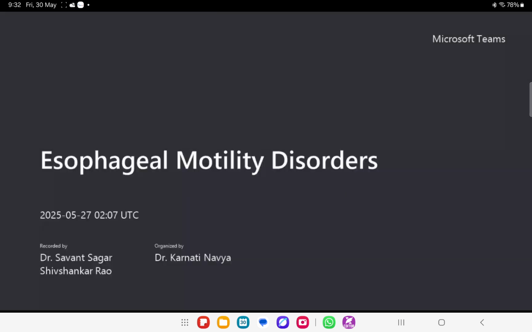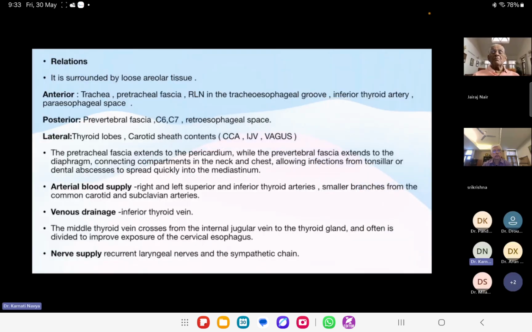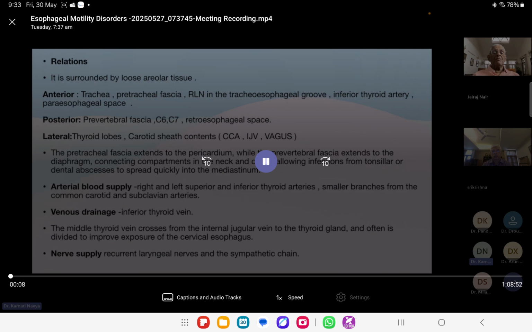From the thoracic inlet to the diaphragmatic hiatus, which is from the T7 vertebra, esophageal groove, and by the inferior thyroid artery. Whereas posteriorly by the C6, C7 vertebra,